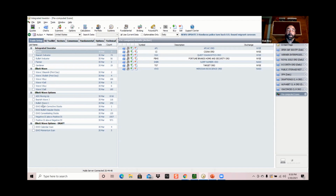Then there's the bullish and bearish Wave 3s. My search is there. And then you can also filter in the directional indicators along with the ADX if you'd like to as well. Well, since, at least for now, the market still is in that qualified upward zigzag, let's look for upwards first. Now, you can see, and this should be interesting because this is reversed. Before, there were a lot more bearish wave threes than there were bullish. So if you're bullish on the market moving forward, that's reversed. That's a positive sign,